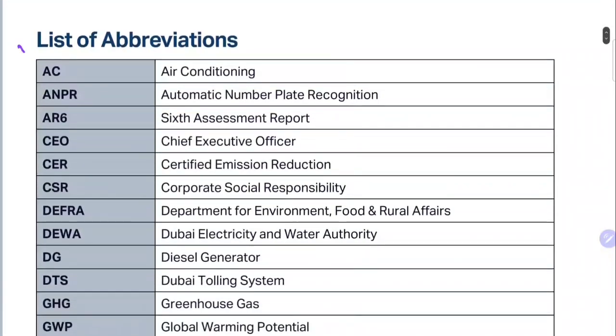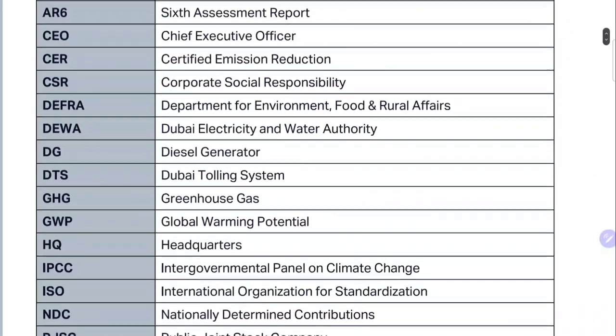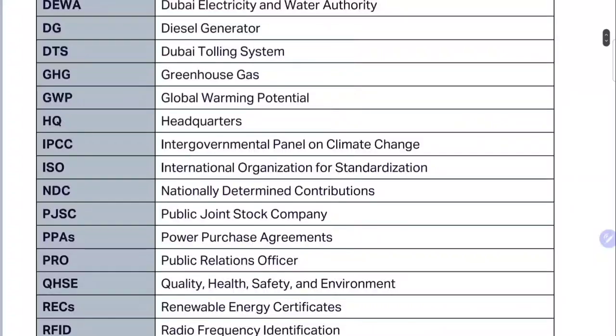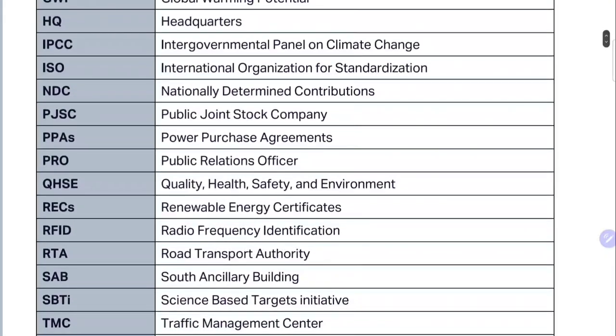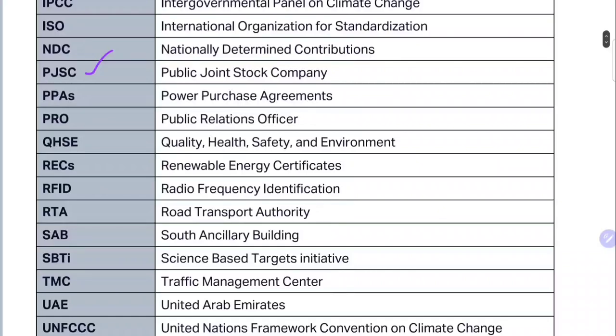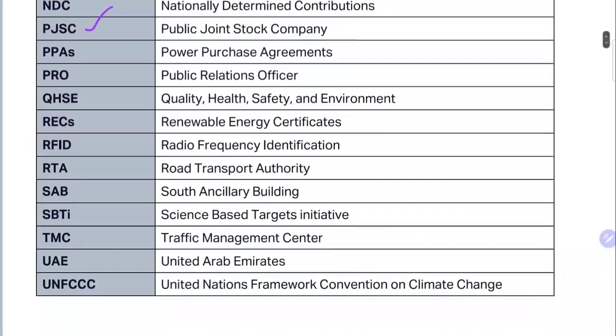So in the beginning itself you see a list of abbreviations which were used in the report. You can see one by one what abbreviations were used. So PJSC, as I said, public joint stock company. Yeah, so it's a listed company in the stock market. You see,